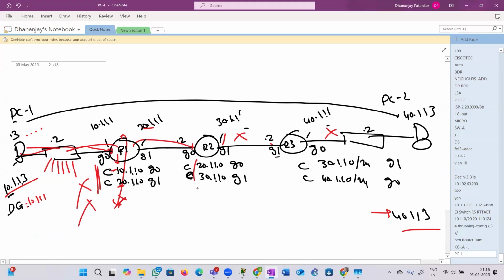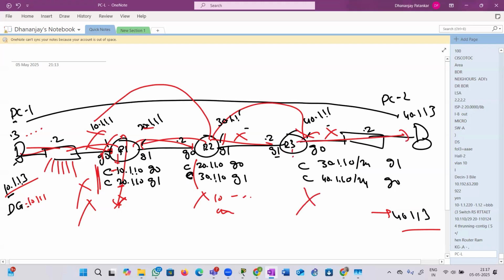Likewise, R2 has got only 20 and 30, so it can ping only here and only here. But R2 cannot ping anybody in 10, including this interface, and nobody in 40. Why? Because it doesn't know where the 10 network and 40 network are. Likewise, R3 has no idea about 10 and 20. So it can ping anybody here, and here, because they are only 30 and 40. It can ping nobody in 20